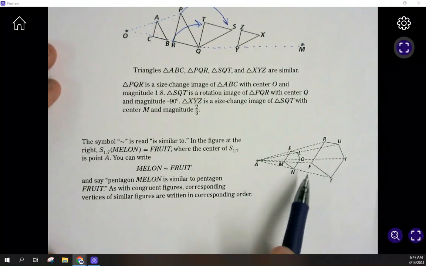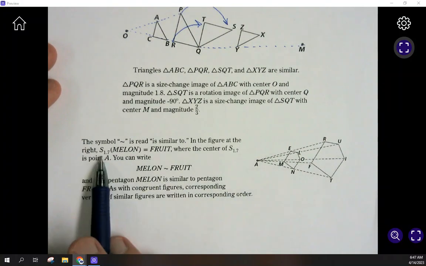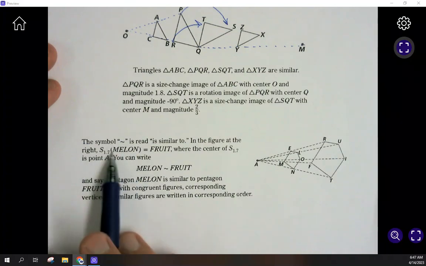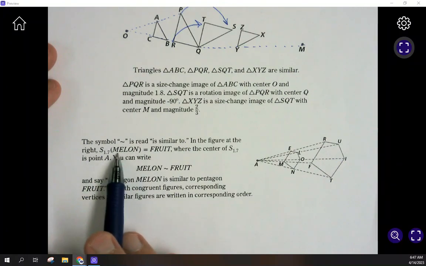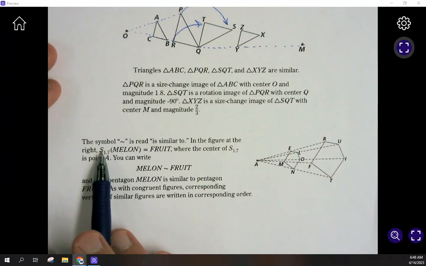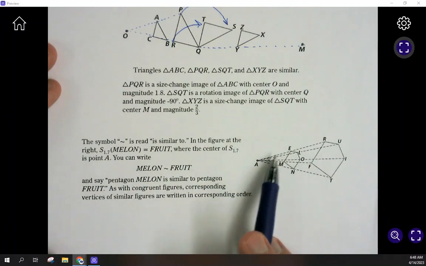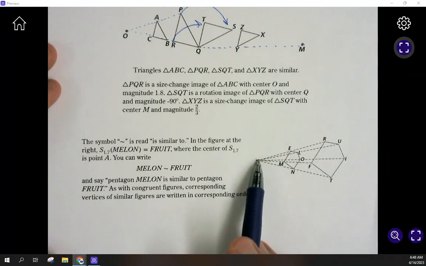If you look at the example here on the right, we started with MELON, so melon. It's undergone a size transformation of 1.7. So let's get used to seeing that notation again. MELON is in parentheses. That means that's what's undergoing the transformation. S is for size transformation. 1.7 is your magnitude. So each one of these points, the vertices of this shape, the measurement from A has